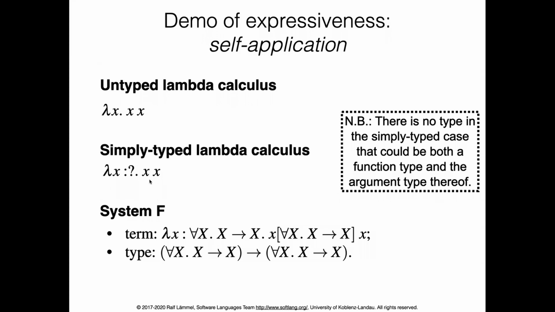Why is that? Because whatever type we would need to declare for x here, that type would need to be both a function type and its own argument type. And if you think of this, this is just impossible. So there's no way that we can actually get a typed version of self-application in anything close to simply typed lambda calculus. However, in System F,